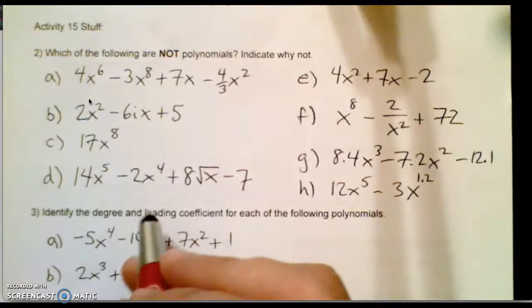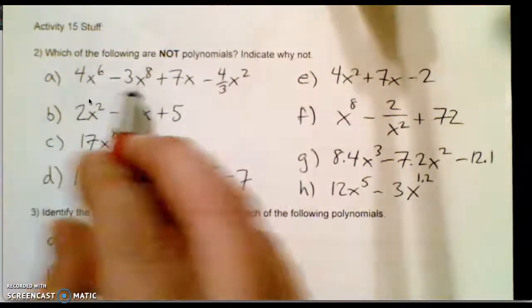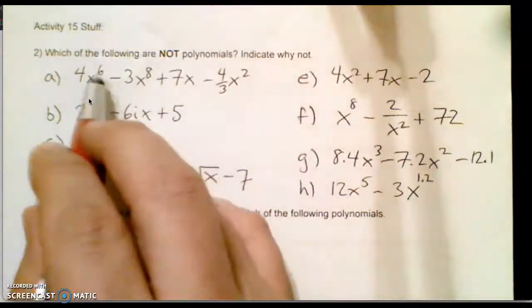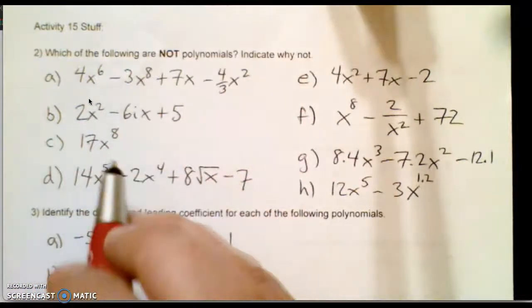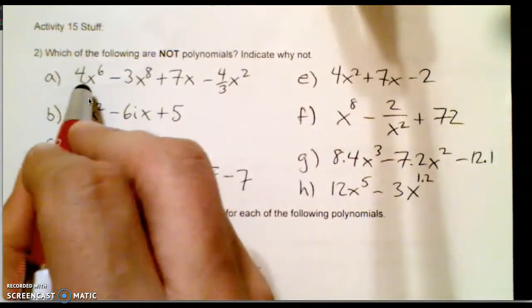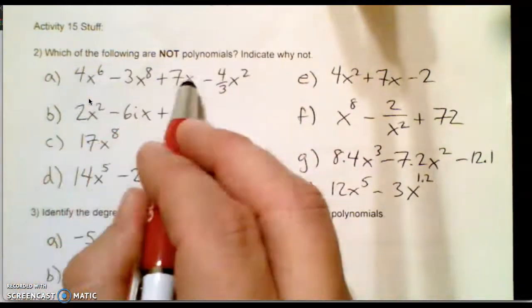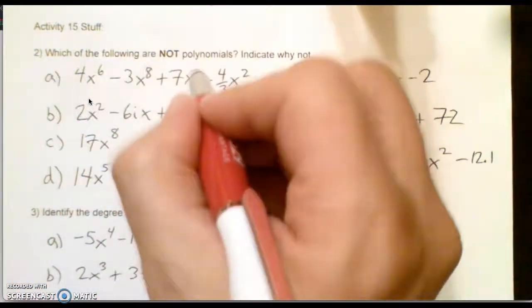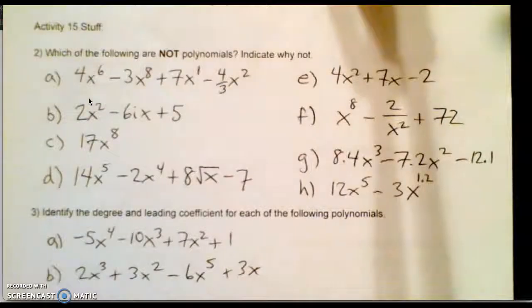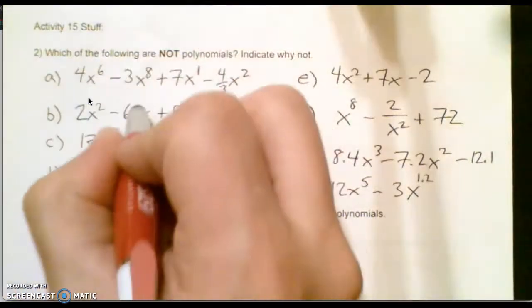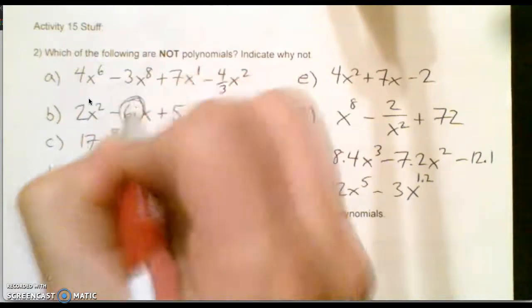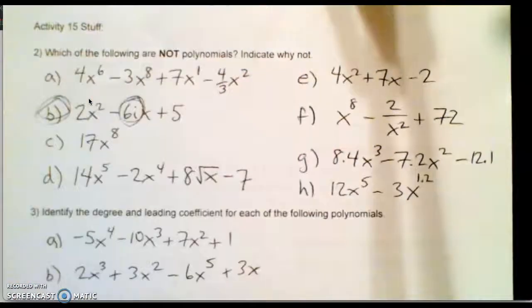This next chunk, what is not a polynomial? Well, polynomials have to have real numbers in front, and they have to have exponents that are positive whole numbers. So this guy's cool. Real number, no imaginaries, and positive whole number exponents. There's a 1 there. Doesn't say. So that one's cool. This one fails because